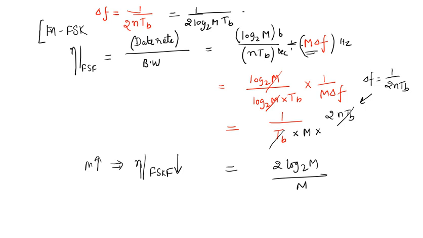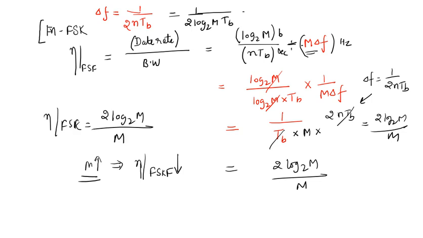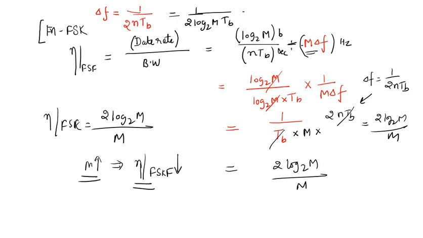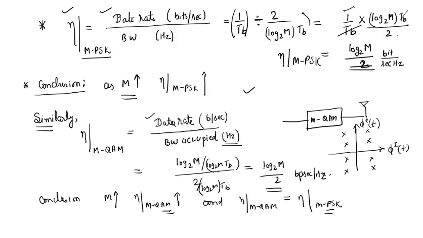It is very straightforward that you will get 2 log2 M by M, and so the bandwidth efficiency of the FSK scheme would be 2 log2 M by M. And one important fact is, as M increases, the bandwidth efficiency of FSK scheme decreases, whereas for QAM and for PSK, as M increases, the bandwidth efficiency